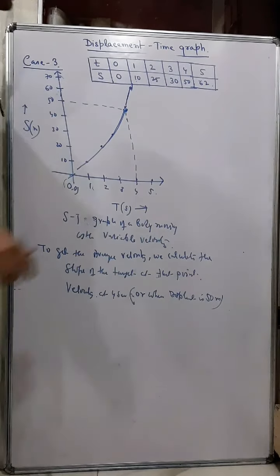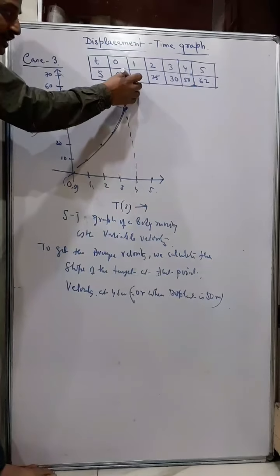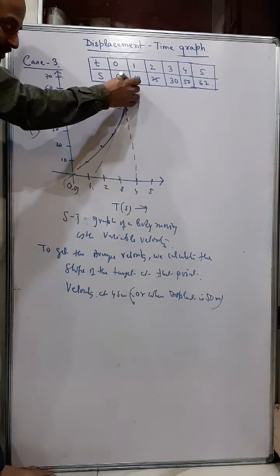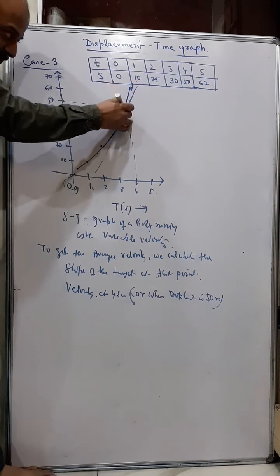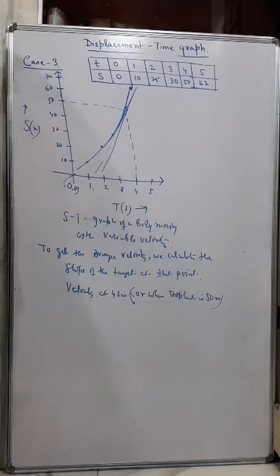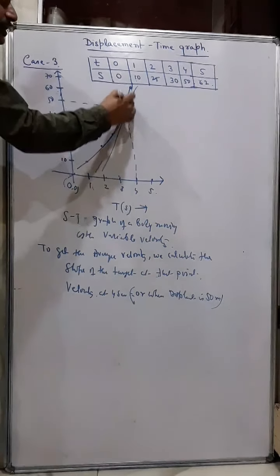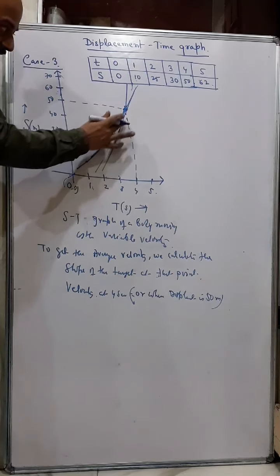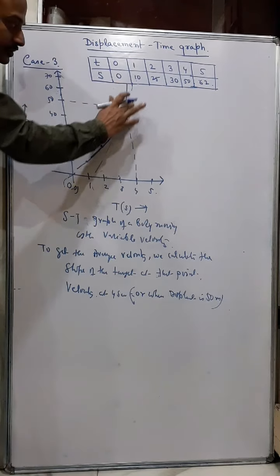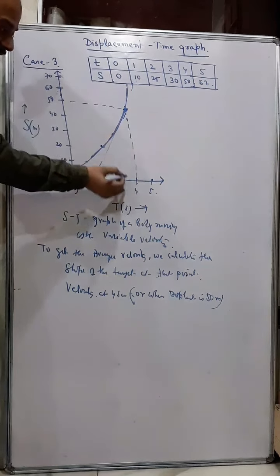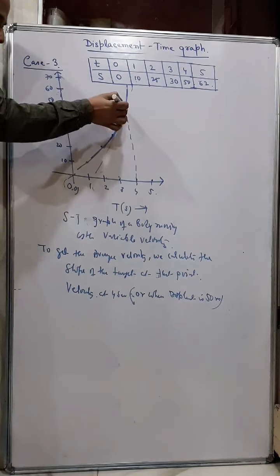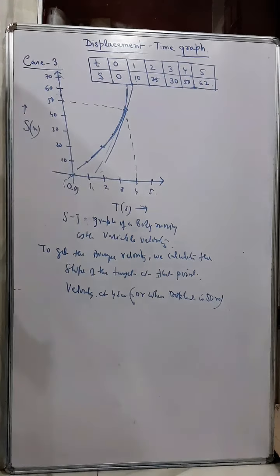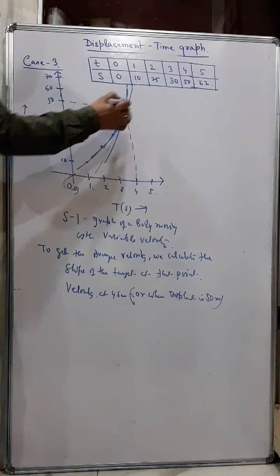and in that case what we will do, first we will draw a tangent at that point. Tangent means at that point we will just construct a line touching the point. So this is the curve, and again I am showing you, this is the curve. They ask you time 4 seconds. So from this point we will draw a tangent, and then from that we will calculate the slope.